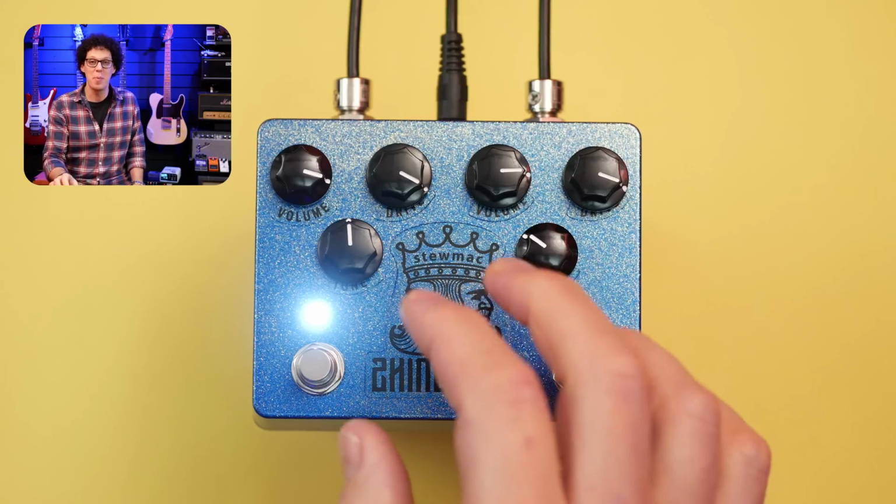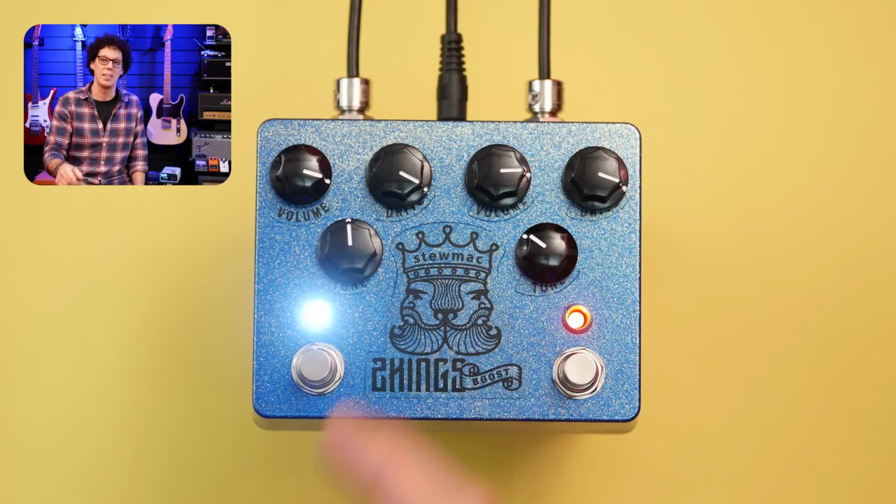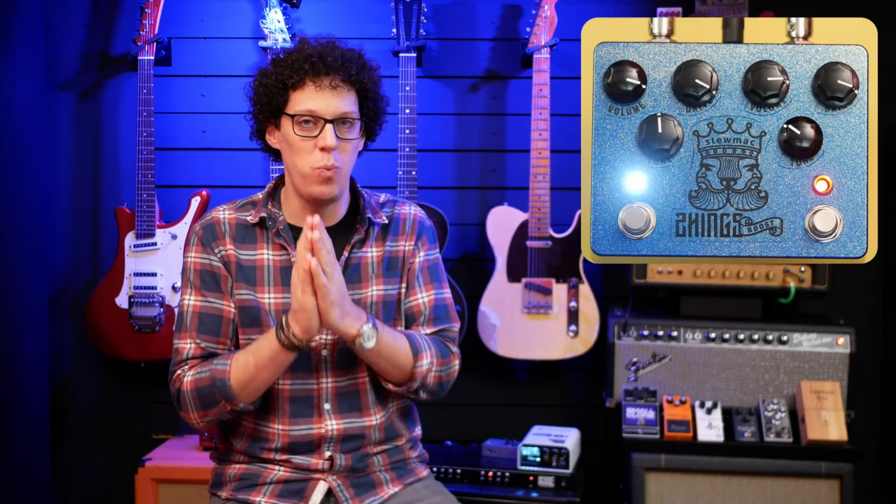Also, was the Dipswitch included, and did I lose it, or was it not in the box in the first place? We will never know, and I am fully prepared to take responsibility for this having a third-party Dipswitch in it. But I would like to think that if the Dipswitch was missing in the first place, that StewMac would replace it without any quibbles, because I've seen some really good stuff around the internet about StewMac's quality service, and if their tools break or something, they will replace it with a lifetime warranty, which is a pretty amazing deal that I think should also